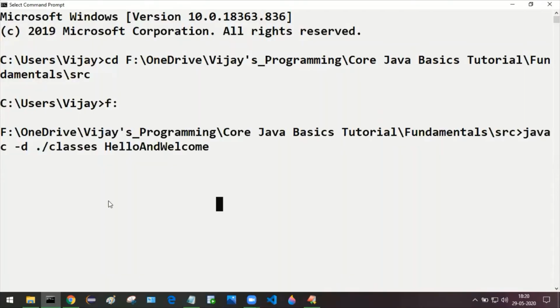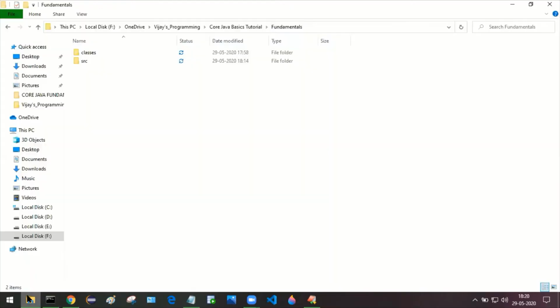That is why we are giving double dot. It will come back to the previous folder, and there you can find this classes folder. As you can see here, we have created the classes folder.